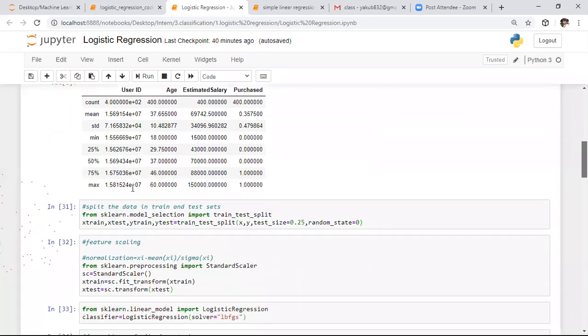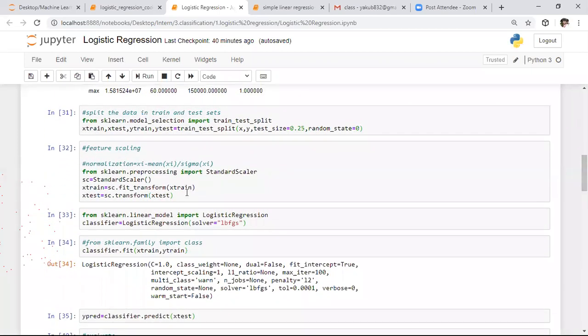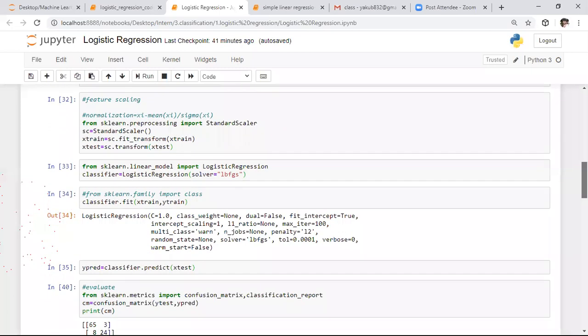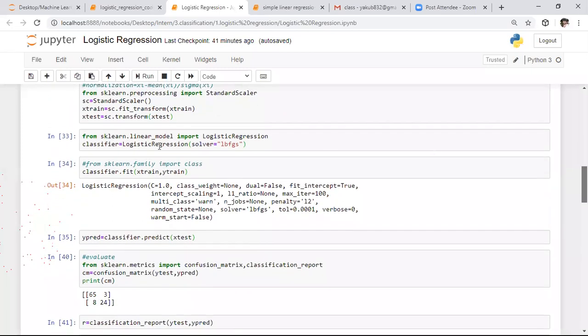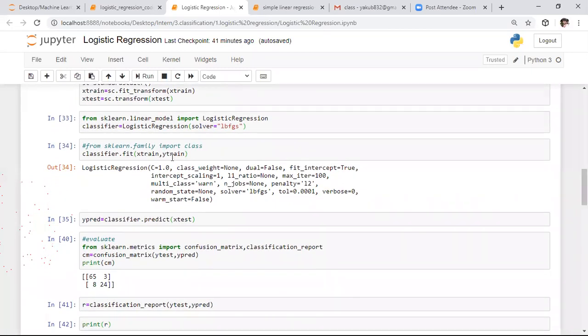That feature scaling is performed by using the StandardScaler class. After that, we applied our model, the logistic regression model, and fitted it to our training data. After that, we predict the output for a new outcome.